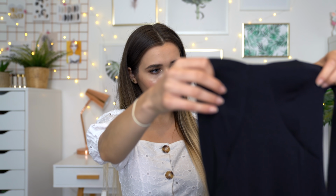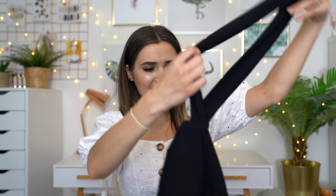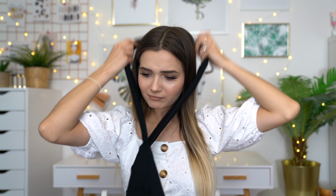And the last dress we have is yet another black one. This one is called the Black Cross Strap Detail Maxi Dress. This was only £25 again, so I'm really looking forward to how this will look. Ooh, what is going on here? Oh, okay, so it's kind of got this loop, which I'm guessing you're meant to...